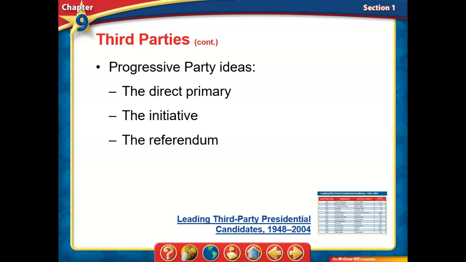We also have an initiative. An initiative is a law that a citizen can attempt to get passed and put on the ballot by petition. So an example of that was the issue of marijuana in the state of North Dakota. That was something that was voted on 2 years ago. That was something that was an initiative. Once enough people sign it, it then goes on the ballot. Once it's on the ballot, then the state decides whether or not it should become law.